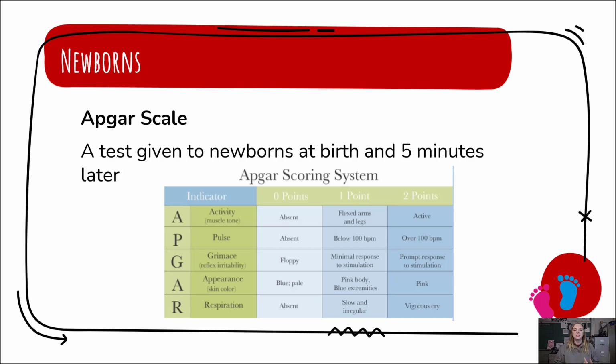It tells us about their activity, whether they're using their limbs, their pulse, their grimace, which is their reflexability (we'll talk about those in just a second), their appearance, so what their skin looks like, and then their breathing or respiration. This APGAR scale is a really great way for doctors to make a quick assessment of the child's development and address any concerns right away.